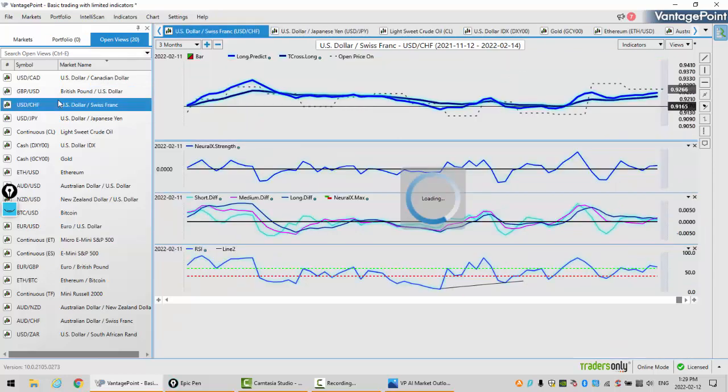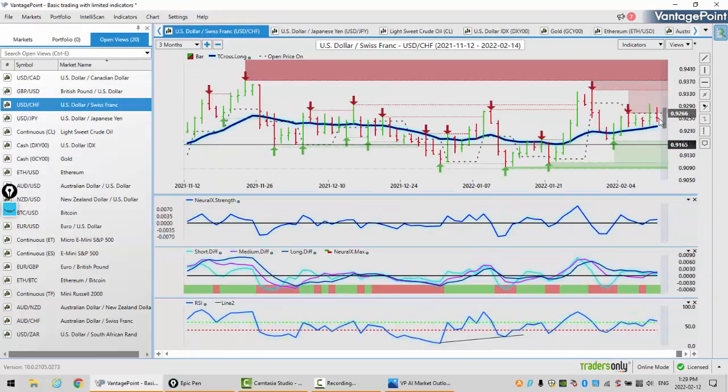The US Swiss franc, again, making its move, holding above here, but as you can see, there's our weekly opening price from last Monday. Then we retrace on Tuesday back within a matter of 15, 20 pips to the weekly opening price, and then down we go again. The CPI caused some volatility, but ultimately it came back off of this. But the market again remains trapped between the weekly opening price and the T-cross long.